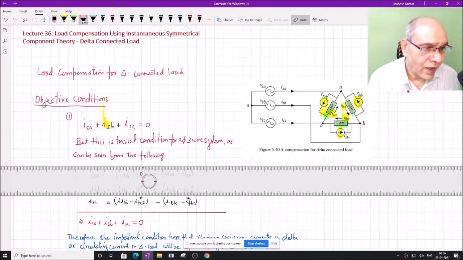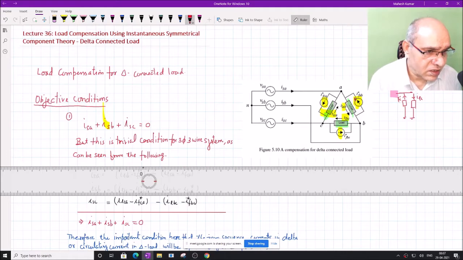This is a similar concept as we used in the previous case when we took the load like this. This is the load for phase A, and the compensator injects the current in the opposite direction like this. This is ILA, and this is IFA star. This is the same configuration which we have used. Therefore, the directions of the compensators are opposite. It basically means the current is supplied to the load and circulates between the compensator and the phase like this, and the phase currents A to B.